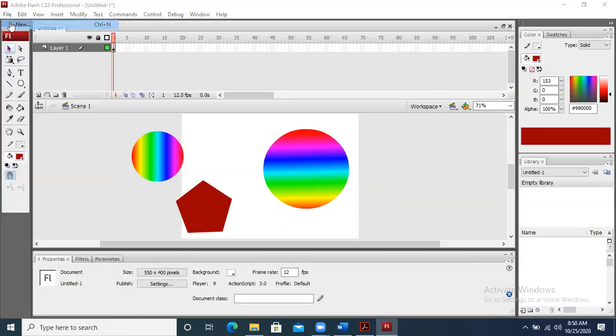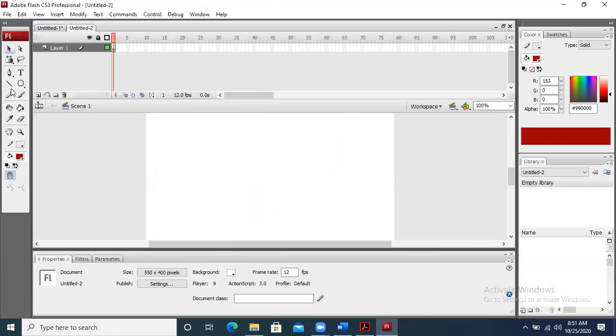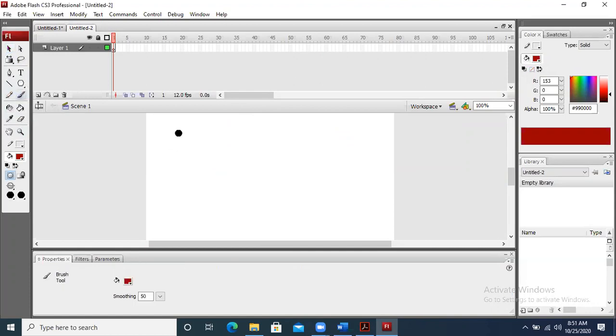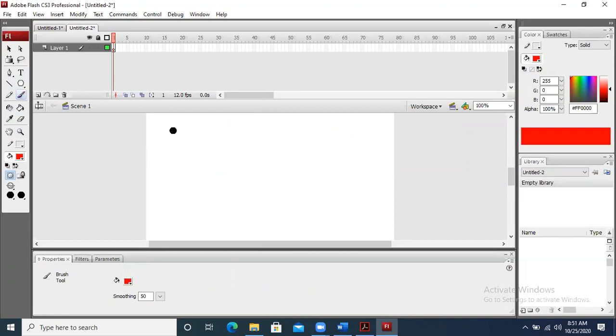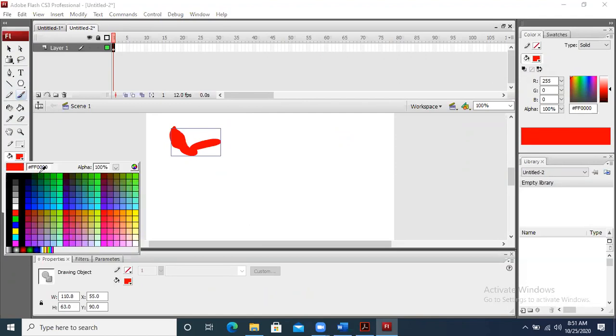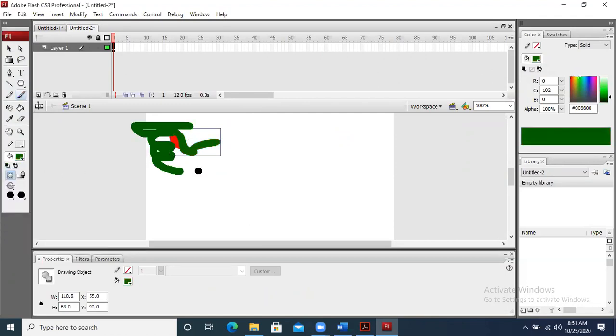So what we are going to do, we will take a new file. Okay, let me draw something using the brush tool. Let me take red color from here, or let me draw some tree-like structure.